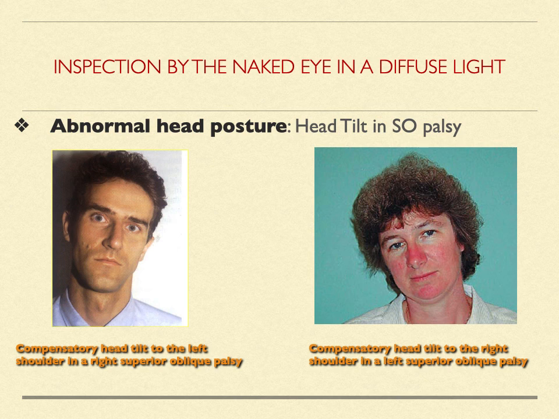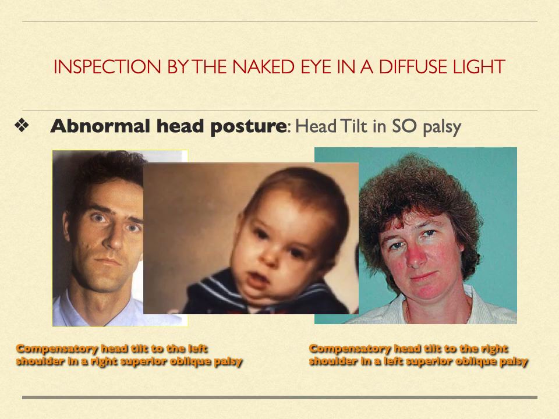On the left side, this is a compensatory head position to the right, which means to the right shoulder, and it happens in left superior oblique palsy to compensate for diplopia. The patient will see things double if he keeps the head straight. The most important thing is to detect children with this. Sometimes these children adopt this position because they don't know how to complain that they see double; they don't speak. So most of the time when you face a child, look at the child with a head tilt